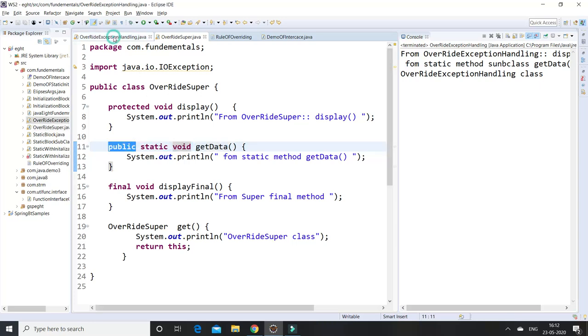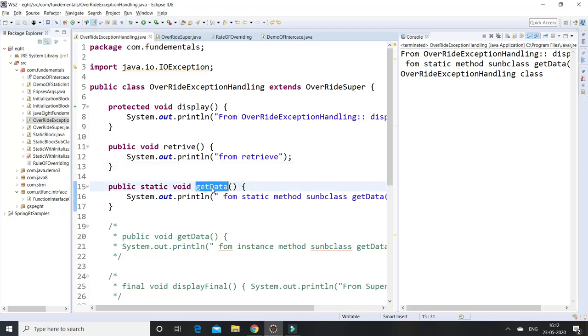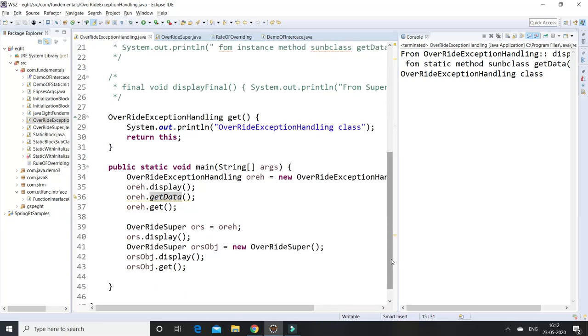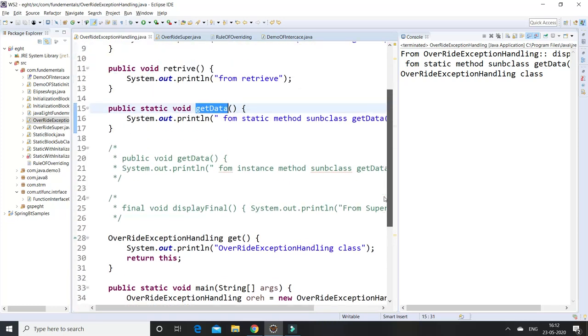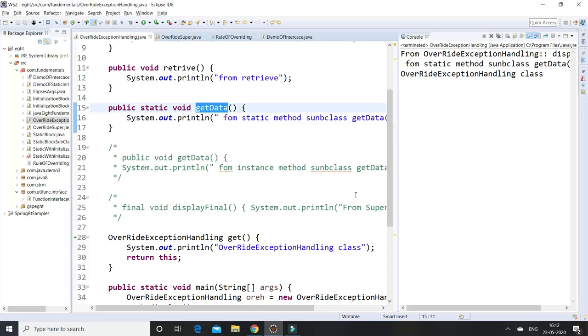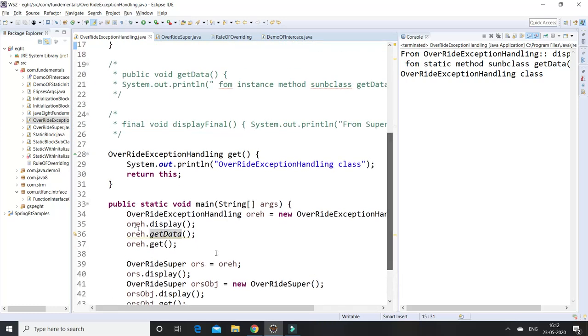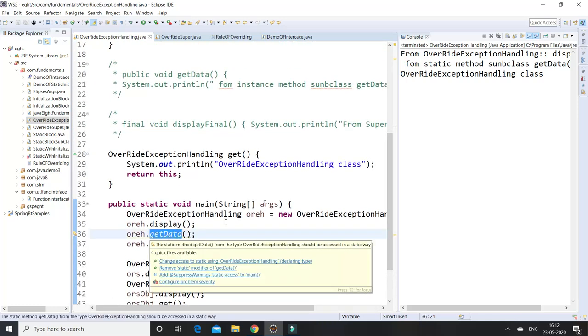If I call that particular method using the subclass, what value will come? If I call it from the subclass, it will come directly to the subclass method only.